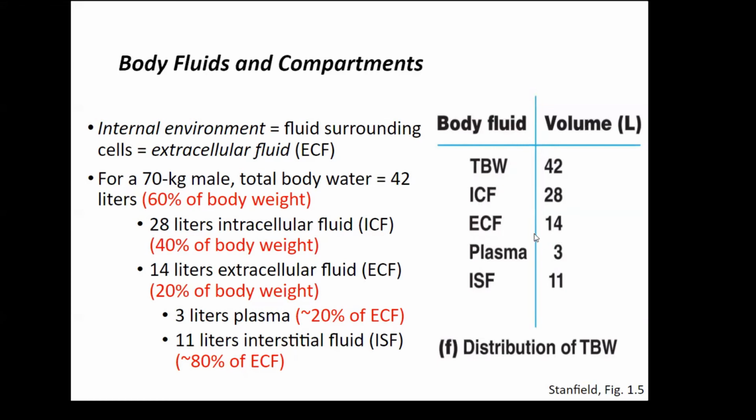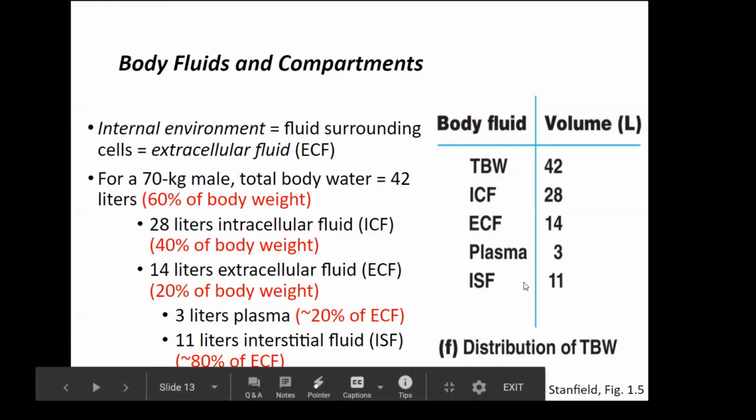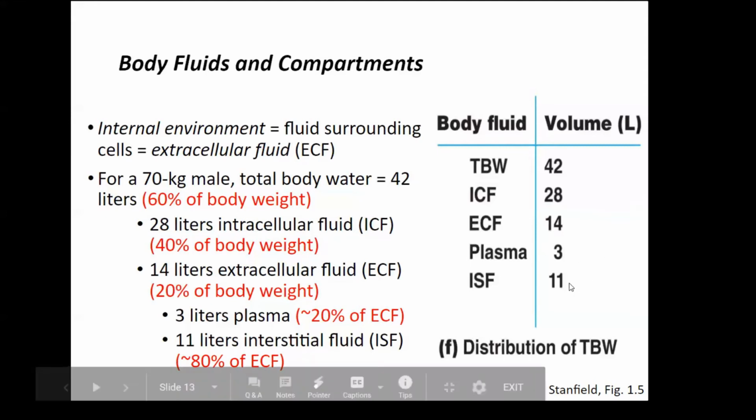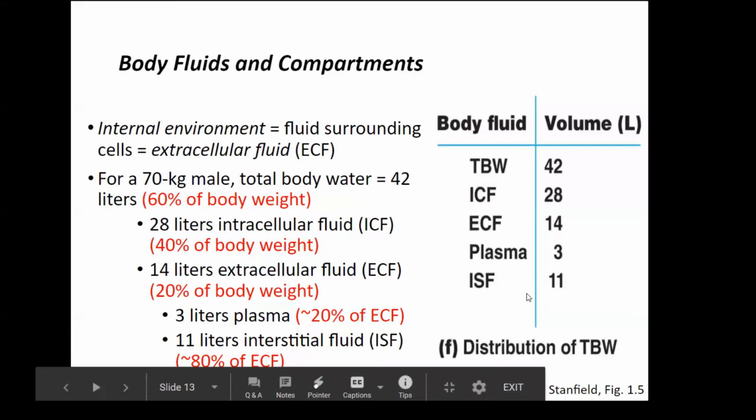But of those 14 liters of water that constitute our extracellular fluid, we subdivide those further into water in the blood, which we call plasma, and interstitial fluid, which is out in the tissues, but not in blood itself, just kind of between tissues. We have 11 liters of that, so we can see that 11 and 3 add up to 14. So we've subdivided the extracellular fluid here. These will both count as part of our internal environment for cells, because some of our cells, like our red blood cells, are in the plasma, and some of our cells are embedded in the interstitial fluid.